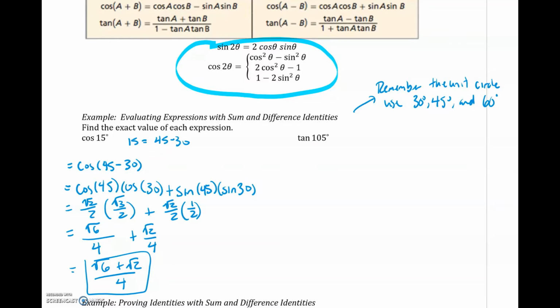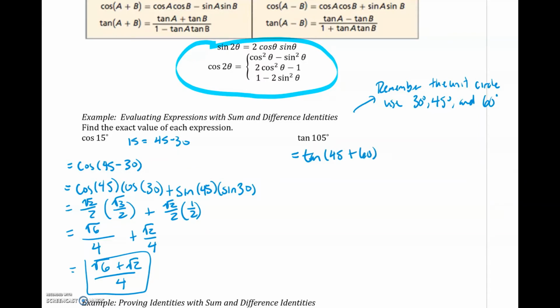Now, if you want to pause and try this on your own, go for it. Otherwise, keep watching and I'll walk you through tangent of 105. Okay, so when I saw tangent of 105, I broke this down to tangent of 45 plus 60, because 45